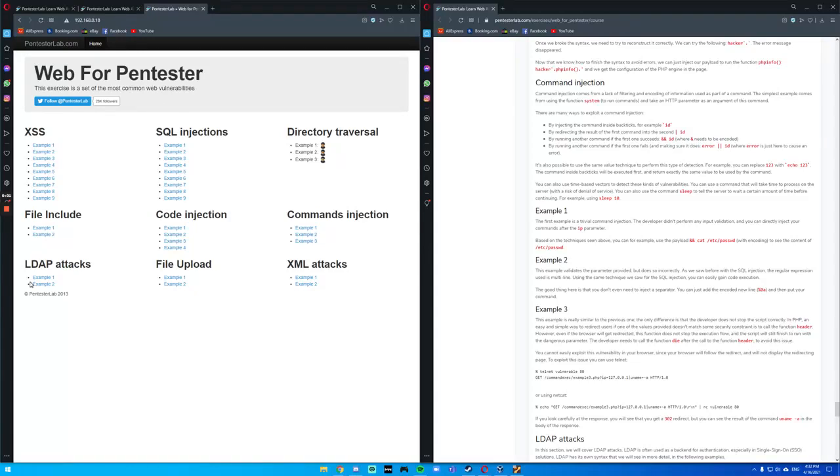Forward. Now we'll do the command injection part of the lab. So command injection comes from the lack of filtering and encoding of information used as part of the command. The simplest example comes from using the function system to run commands and take an HTTP parameter as an argument